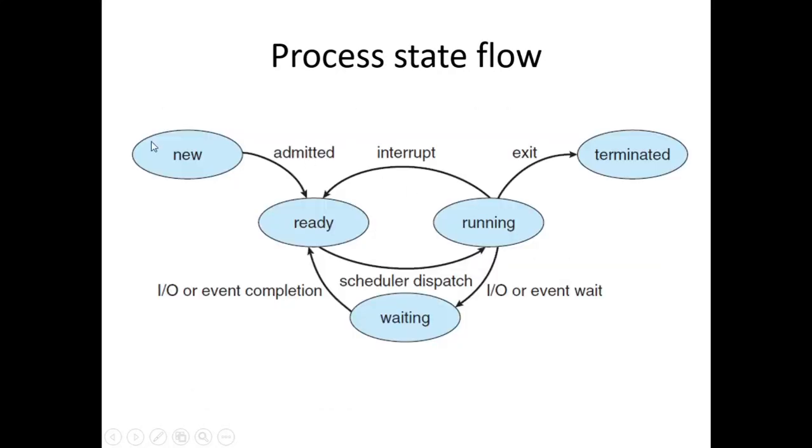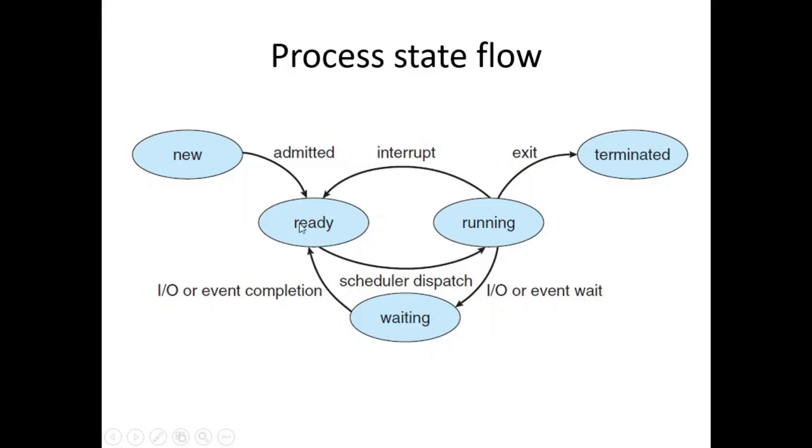So here is a process state flow. Whenever a process gets created, it is in the new state, and once it is ready for execution, it will come into the ready state. There is something called the scheduler. We'll deal with schedulers in future videos. What the scheduler does is pick up the process from the main memory and give it to the CPU. Once this scheduling is done, the process moves from the ready state to the running state. And if there is some kind of interrupt, it will move back to the ready state. We'll deal with interrupts in the coming video.